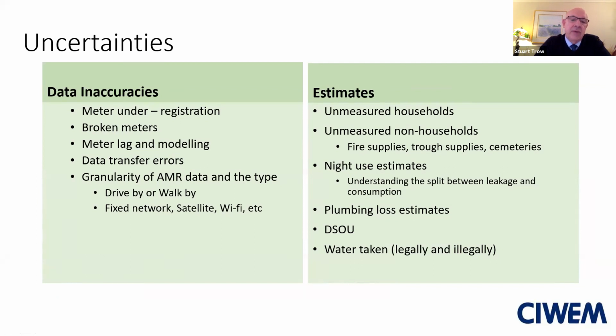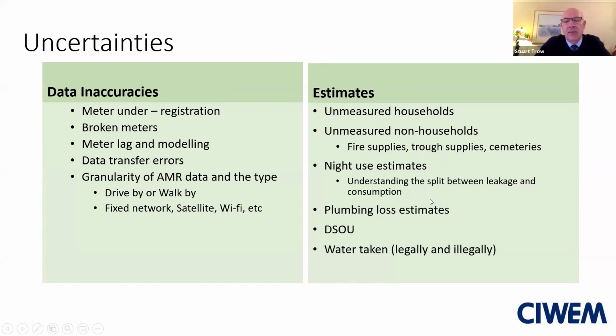And then we have to question the granularity of AMR data and the type of data that we have. Are we getting live data, or are we getting data which is a little bit out of date? And then, as I've said, we have estimates for unmeasured household, unmeasured non-household, so things like fire supplies, troughs, cemeteries, and so on. And in night use estimates, a key thing at the moment is understanding the split between leakage